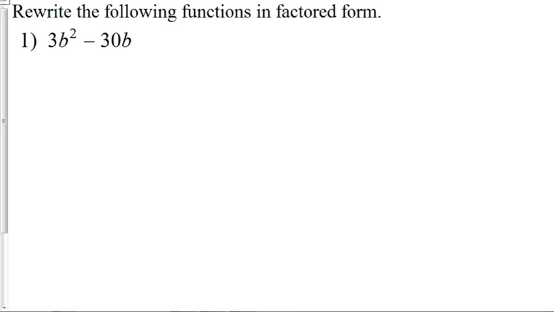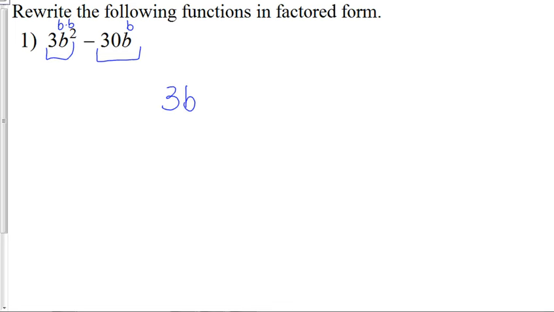of these terms. So if you notice, this is 3b squared, this is 30b. So the question you need to ask yourself is, what is the biggest number that you can take out of 3 and 30? You see that the biggest number that you can divide into each of those is a 3. And then this is b squared, which is b times b, and this is 1b. So how many b's can you take out of each one, or what can you divide by each of those,